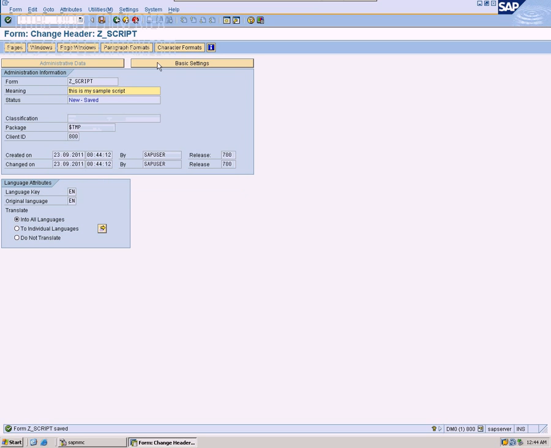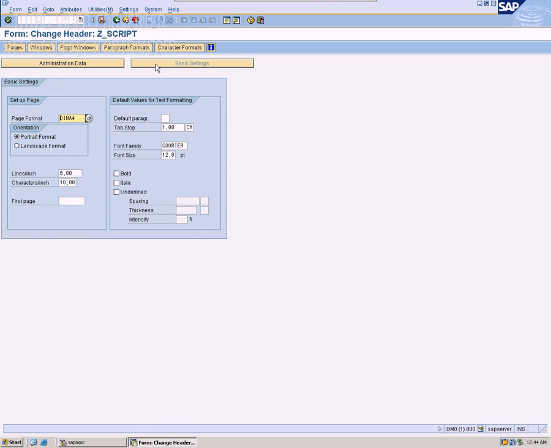Then the first thing we have to do is give basic settings to our form. First, setup page. This is the page format. We have A4, A3, so many formats. Now I am using A4, and this is the orientation, like portrait, like A4 normal sheet, and landscape means horizontally. And here this is the first page, which we have to declare,